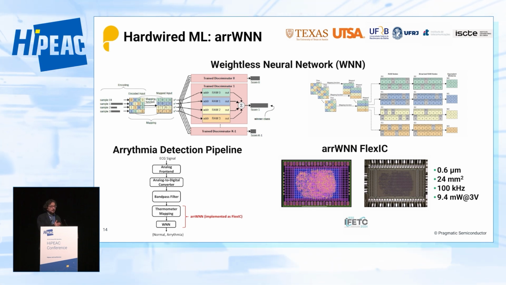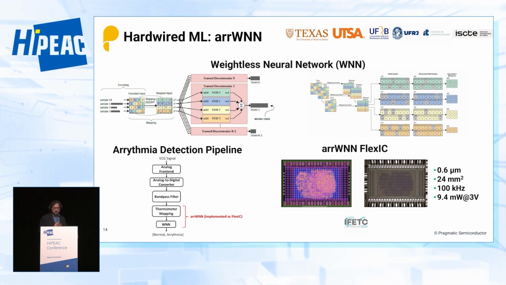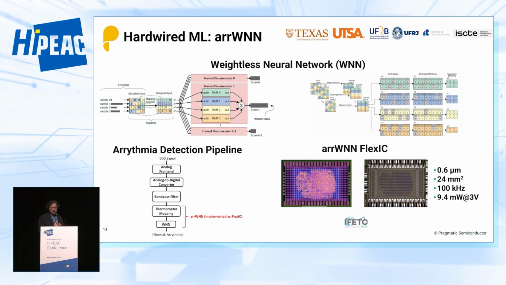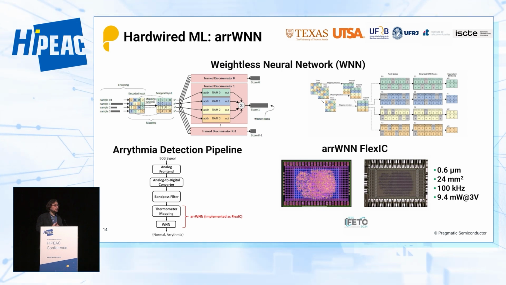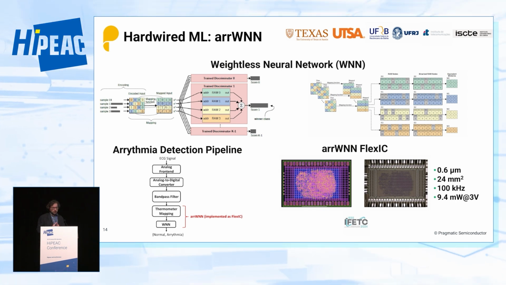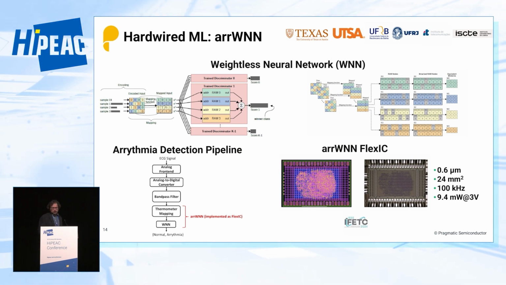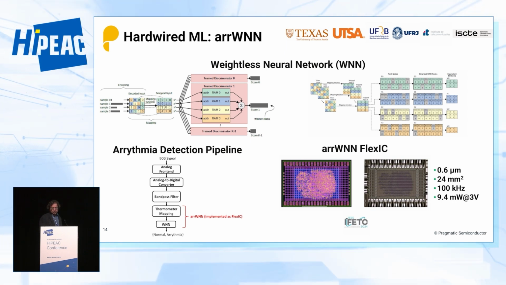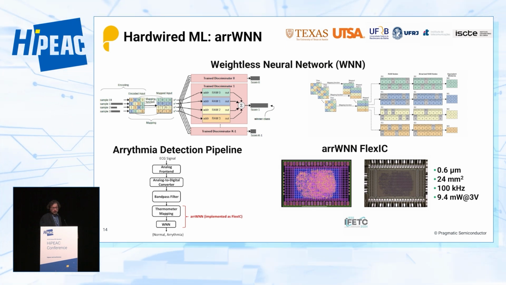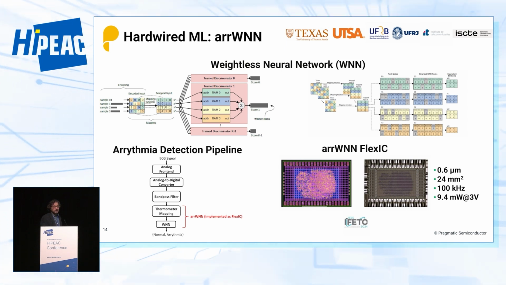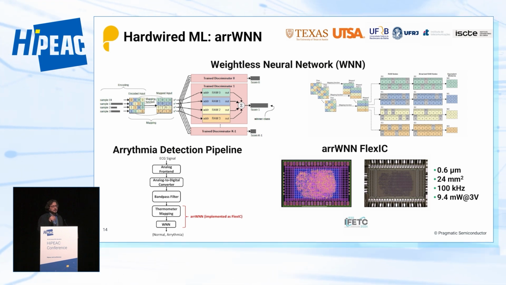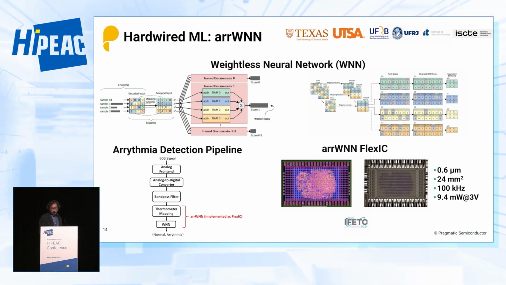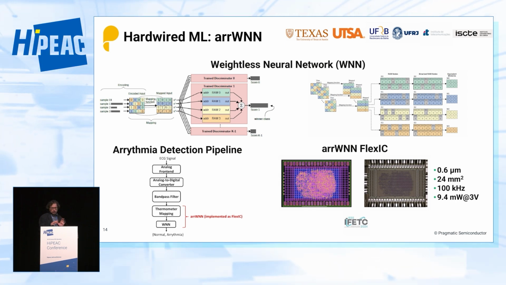The last example I want to give about hardwired ML is another collaborative work called RWIN. This was an implementation of a weightless neural network. So I will briefly mention what a weightless neural network is. The model has something called RAM nodes. The RAM is essentially an SRAM, but it learns the logical functions